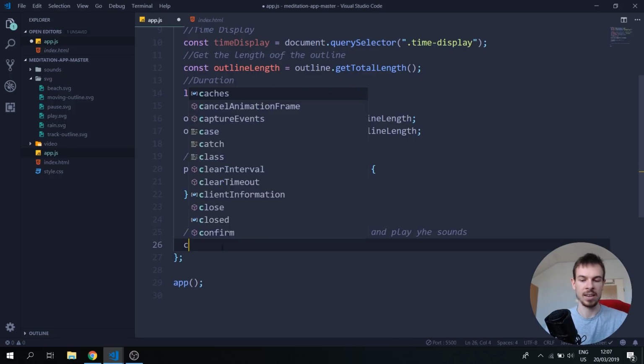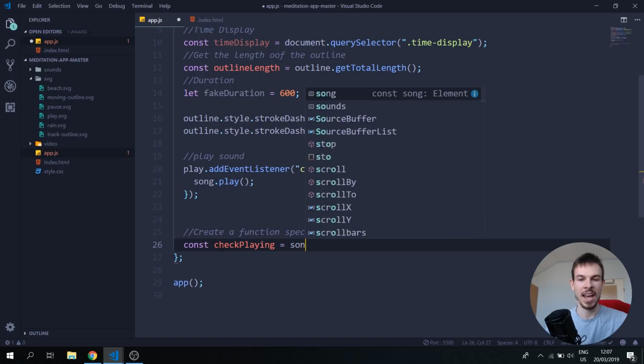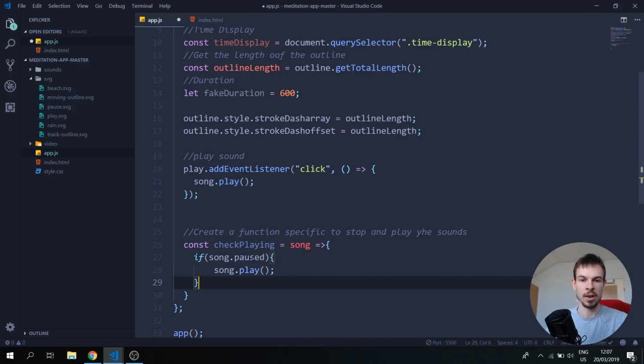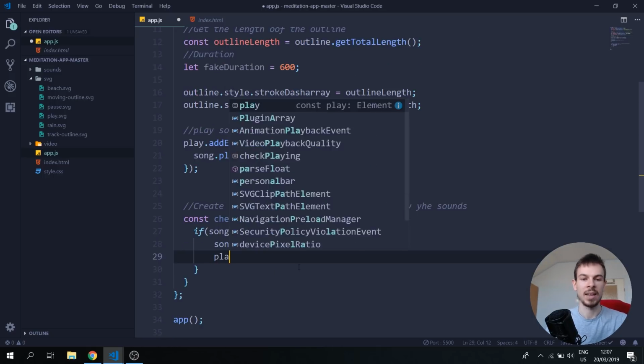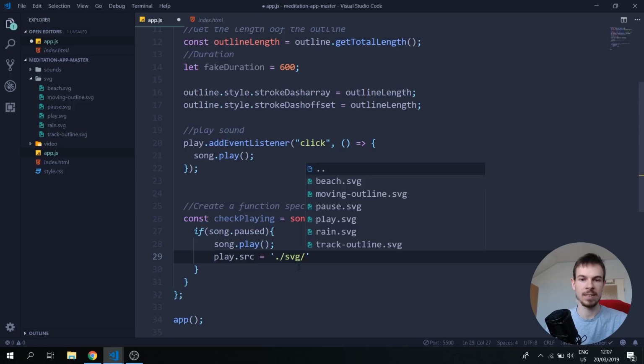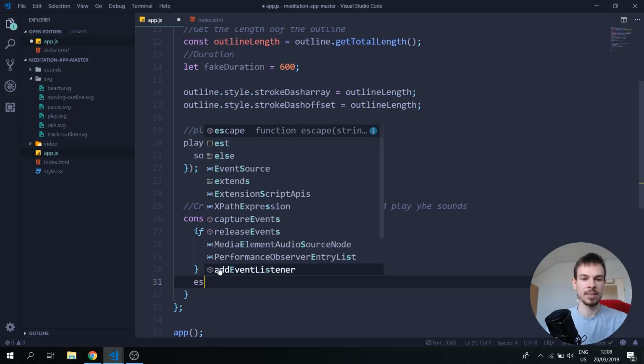So we can add a const checkPlaying. It's going to be equal to, I'm going to add a song parameter here, and then we're going to add it inside here. So we can just do if song is paused, then song will play. And we can also change the play.source. Okay, so the image we want to change to ./svg/pause. Okay, we want to change it to the pause. Good. Else,